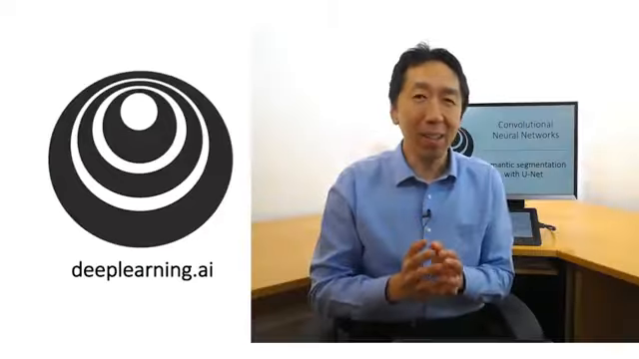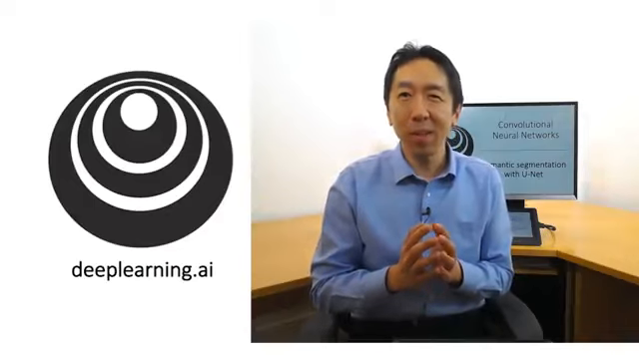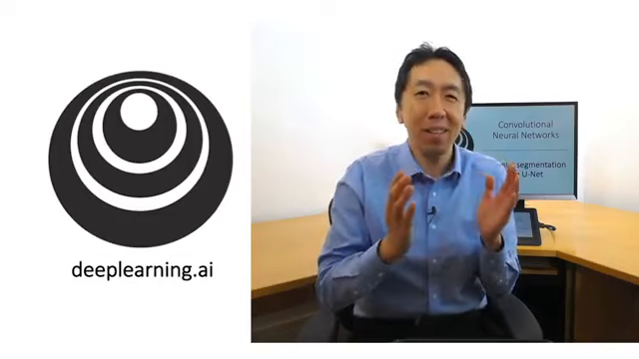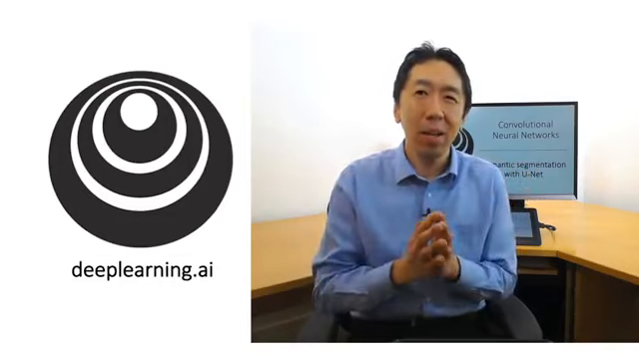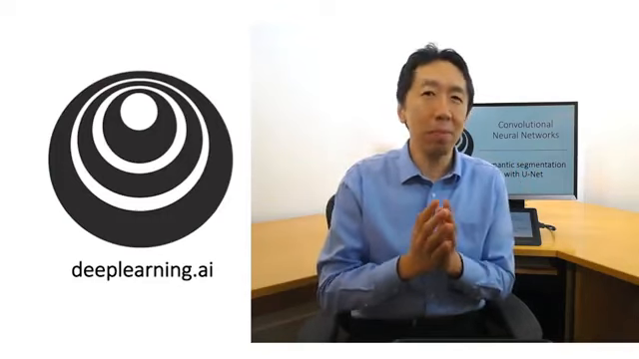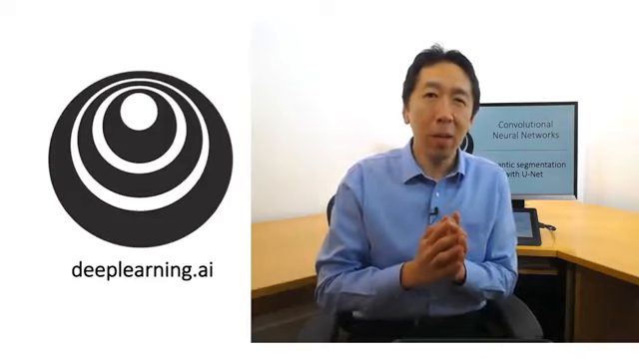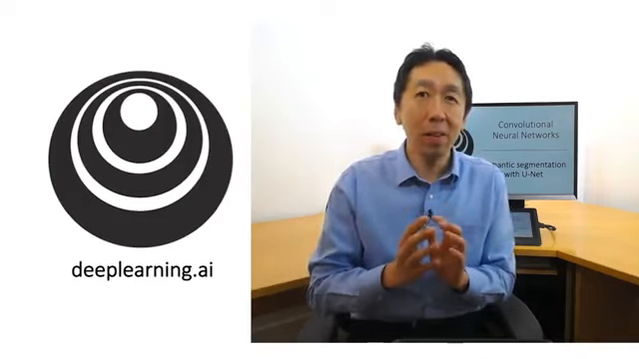Hi, and welcome back. In this course, you've learned about object recognition, where the goal is to input a picture and figure out what is in the picture, such as, is this a cat or not? You've learned about object detection, where the goal is to further put a bounding box around the object that is found. In this video, you learn about a set of algorithms that's even one step more sophisticated, which is semantic segmentation,